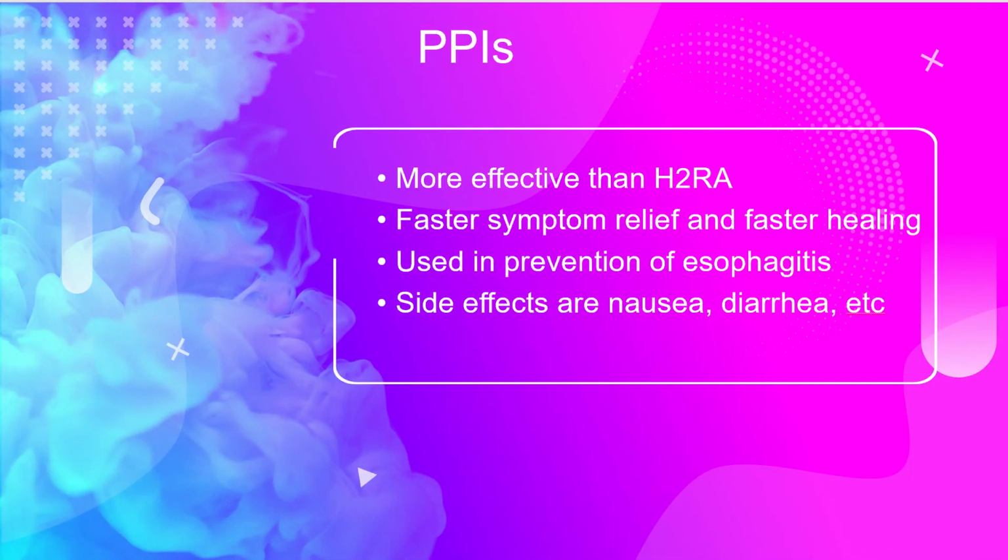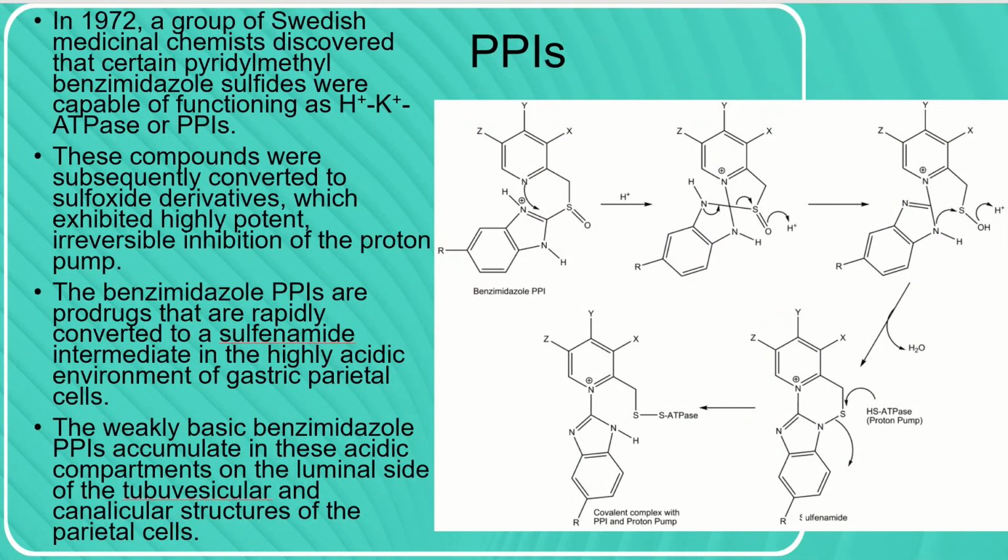They are more effective than the H2RA. They have faster symptom relief and faster healing, and prevention of esophagitis, and the side effects include nausea and diarrhea. So it was in 1972 that a group of Swedish medicinal chemists discovered that certain pyridyl methyl benzimidazole sulfides